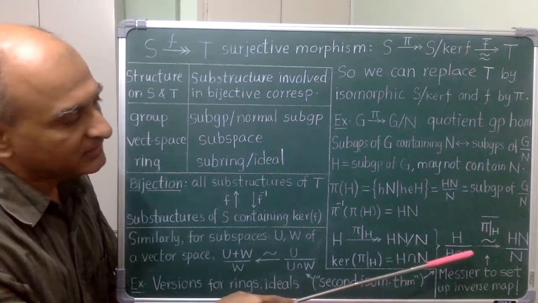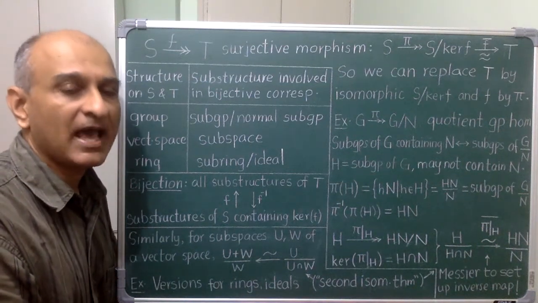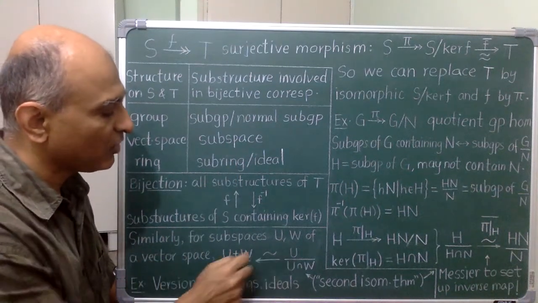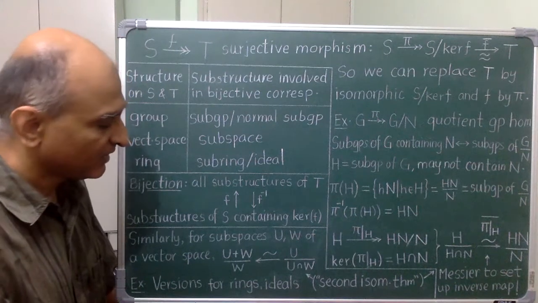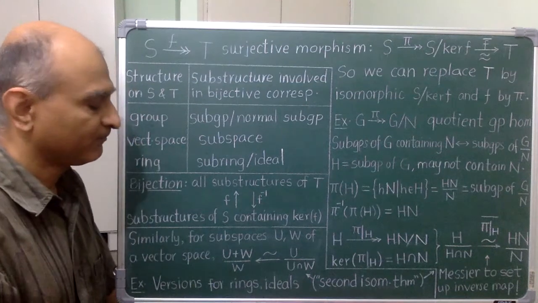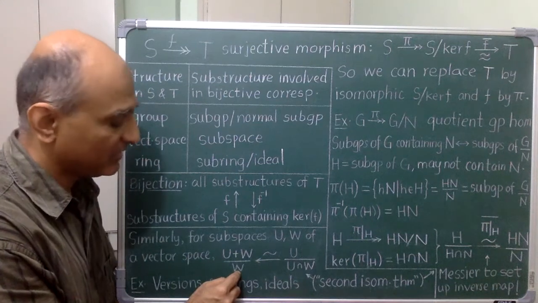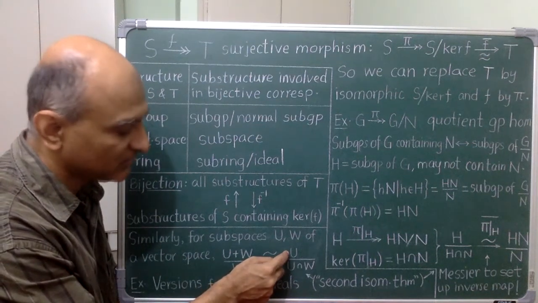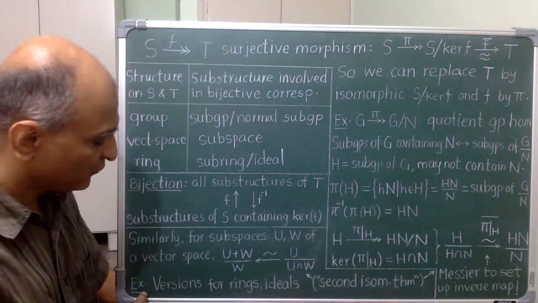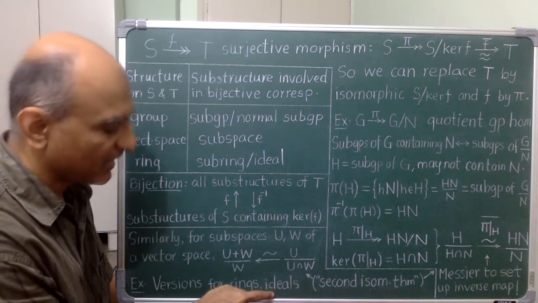Okay, this isomorphism is called the second isomorphism theorem. There are analogues of this in other situations. I have written here the analog for subspaces of a vector space. A way to remember this isomorphism from right to left is to see that W is killed on the left hand side and therefore it does not occur on the top on the right hand side. As an exercise for yourself, you should figure out the versions of the second isomorphism theorem for rings and ideals.